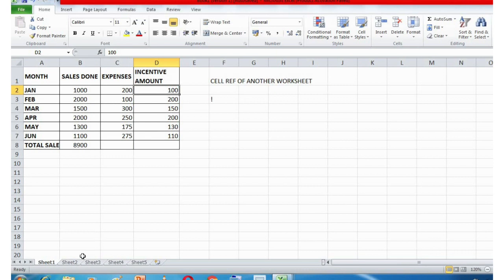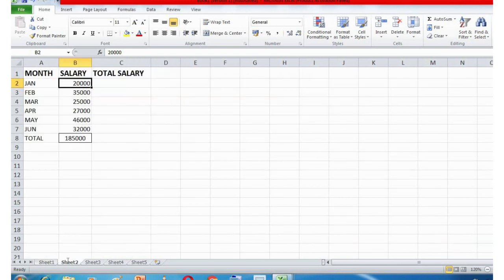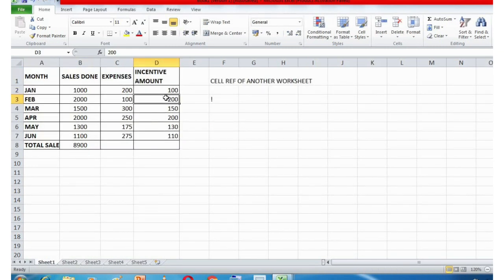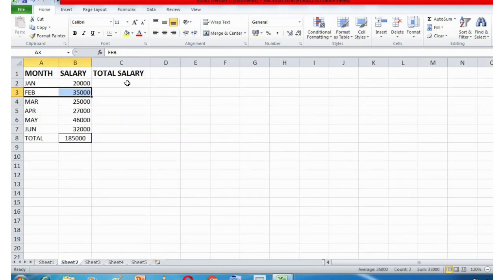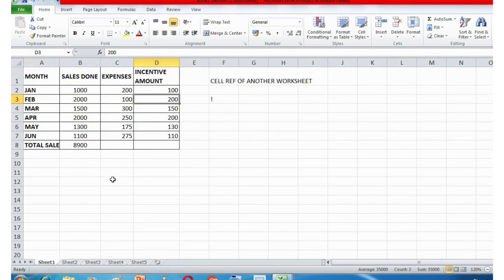The total salary of February will be 35,000 plus 200. In this manner I want to calculate my total salary based on the data that is present in sheet 1. So how to do that?